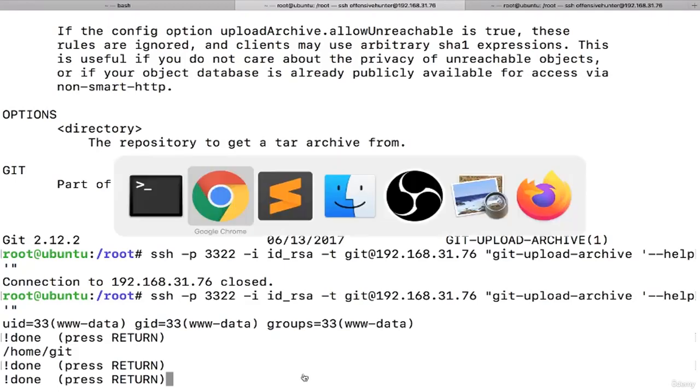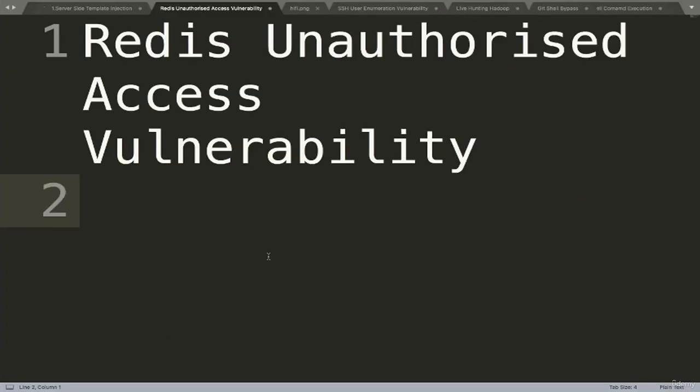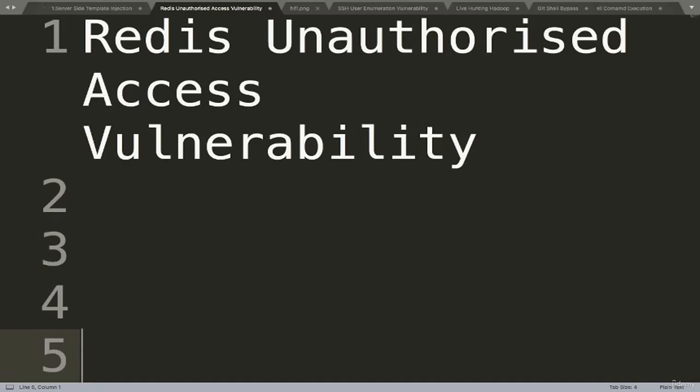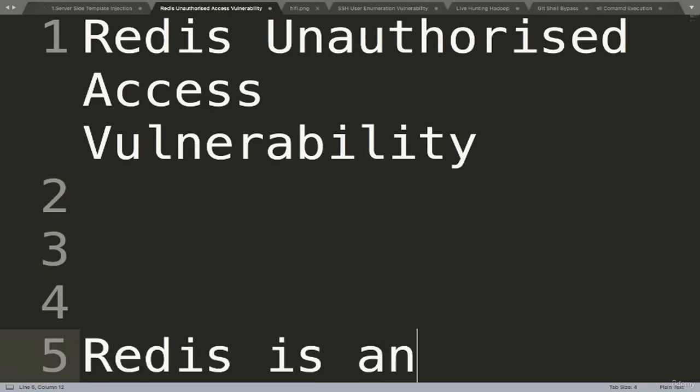Hello friends, welcome back. Now I'm going to talk about the Redis unauthorized access vulnerability. Before jumping to Redis, let's talk about what Redis is. Redis is an open